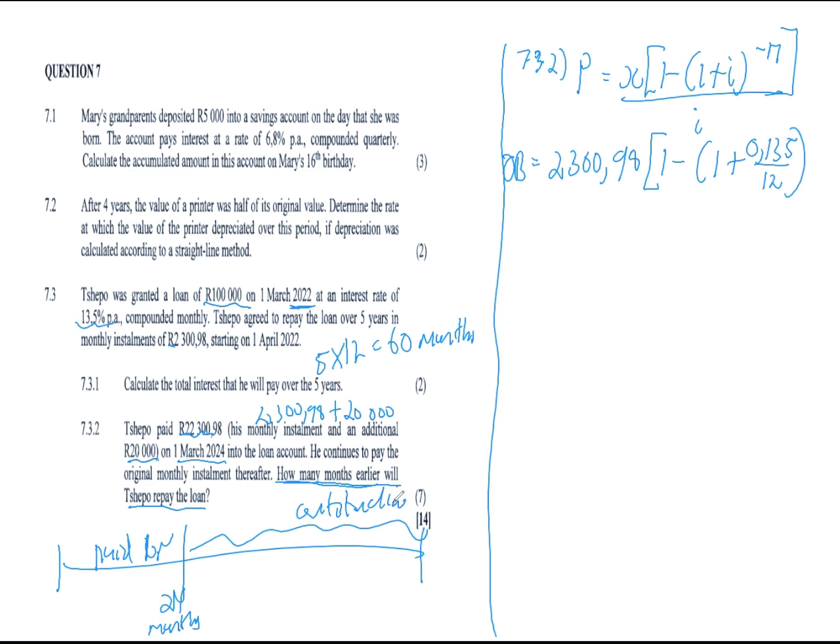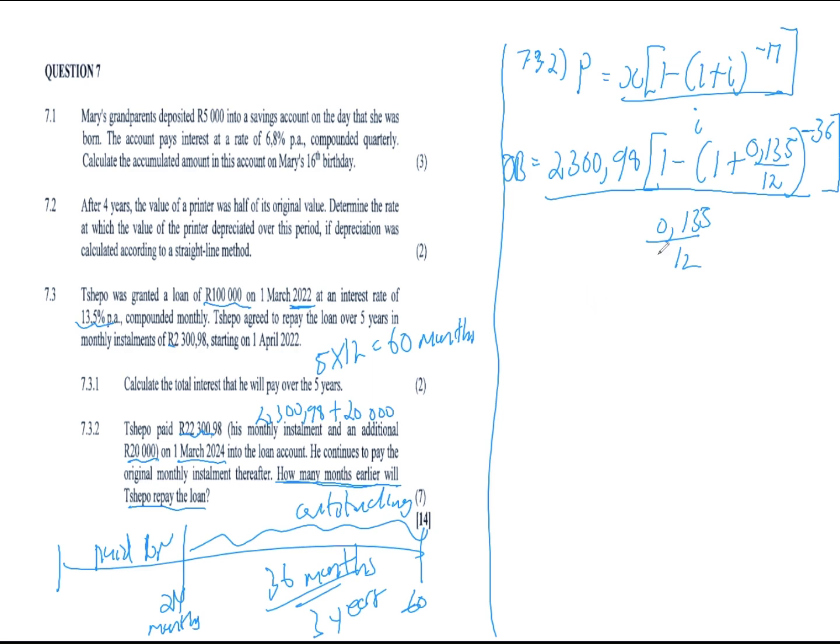So from 24 to 60, 60 minus 24 would leave us with outstanding months of 36 months, which is 3 years, right? Then over 0.135 over 12. So the n here has to be 36. So these are the outstanding number of months in order for the loan to be completed,